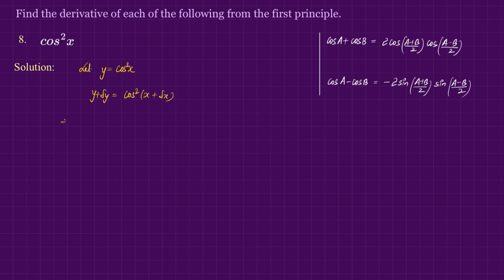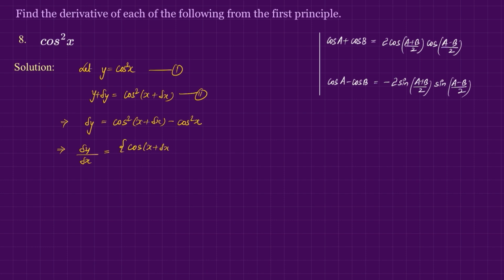So subtracting equation 1 from equation 2, I will have del y equals cos square x plus delta x minus cos square x. Let us divide both sides by del x, then we will have del y over del x equals, now here this is in the form of a square minus b square, so the formula for it is